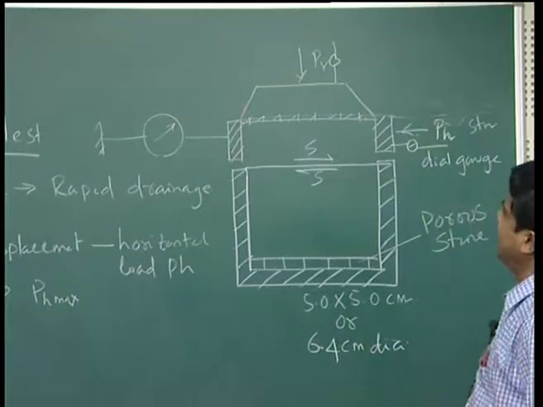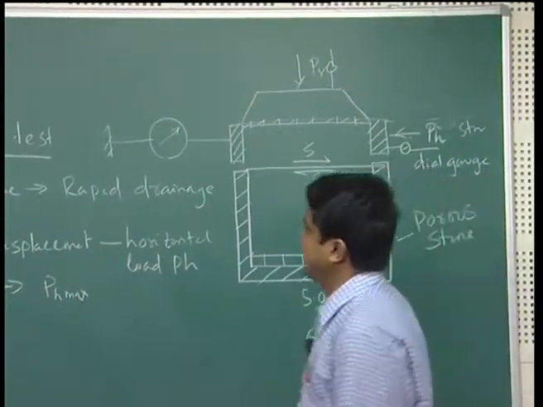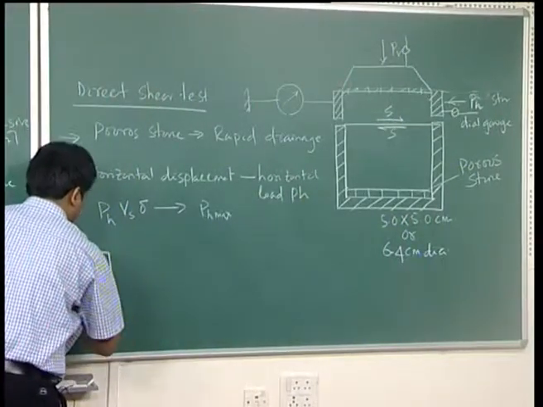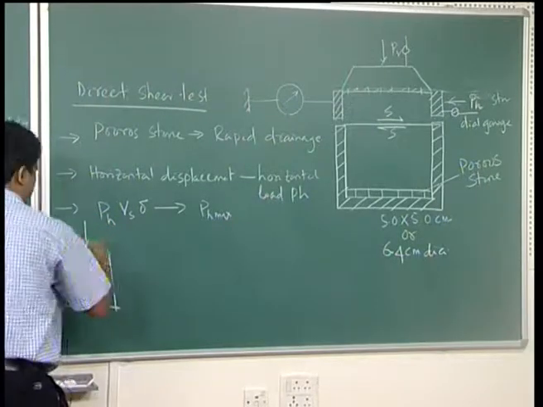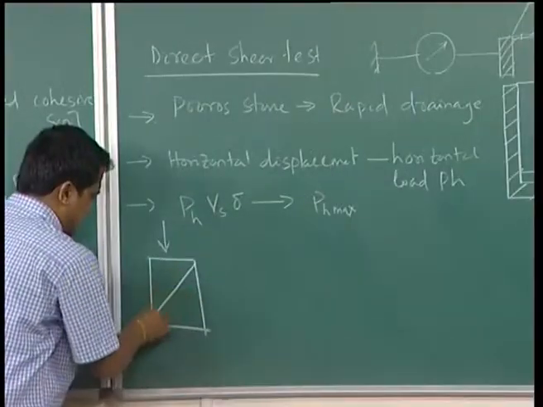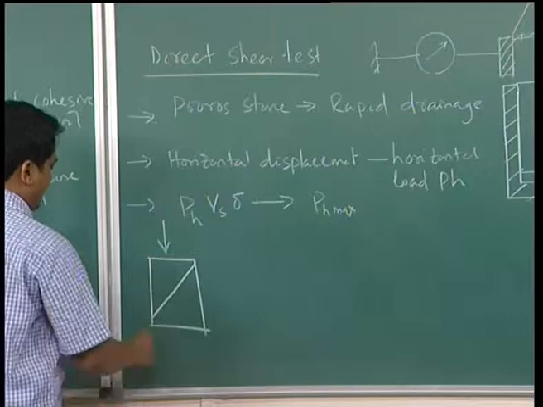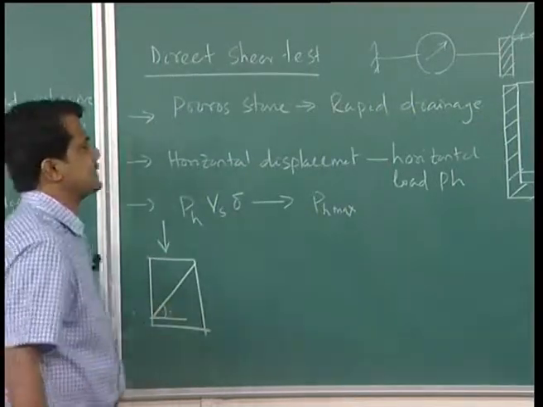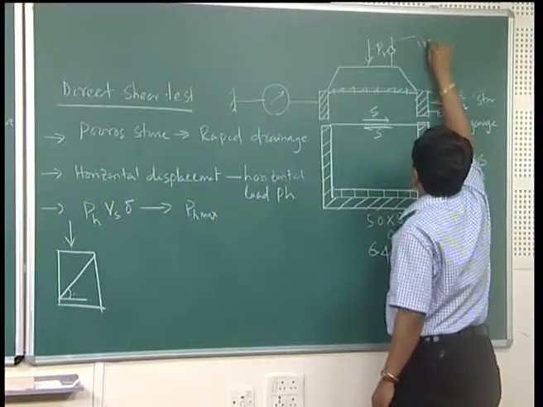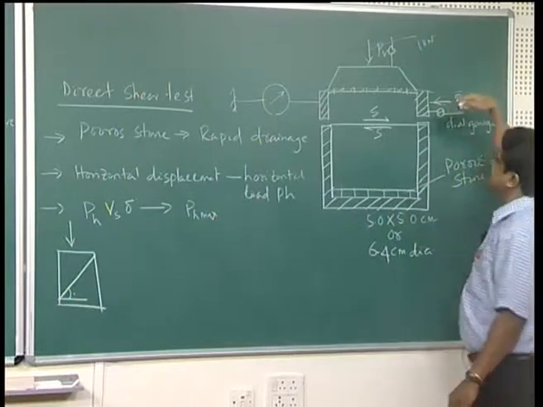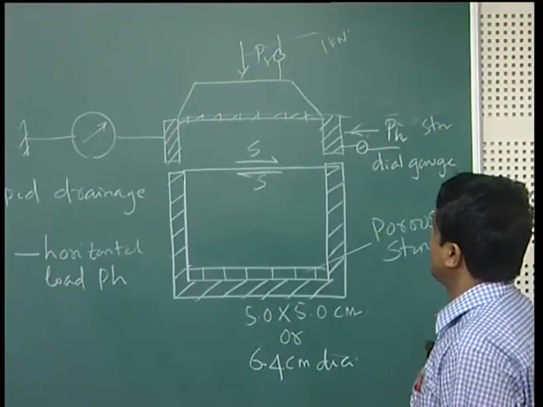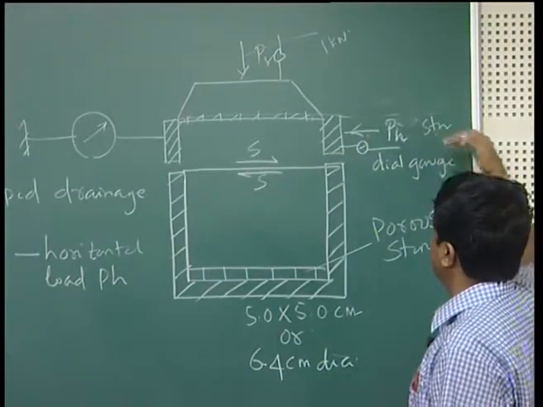Then, for each vertical load, the concept of the direct shear test is that, suppose this is a soil sample, it is acted upon by a vertical load. With this vertical load acting, how does the shear deformation occur? That means this is the formation of your failure surface. The soil is acted upon by a vertical load, suppose say 1 kilonewton, or maybe 2 kg, maybe 3 kg. This load divided by area is your vertical stress, that means your normal stress you are applying, and this is your shear stress from the lateral load.